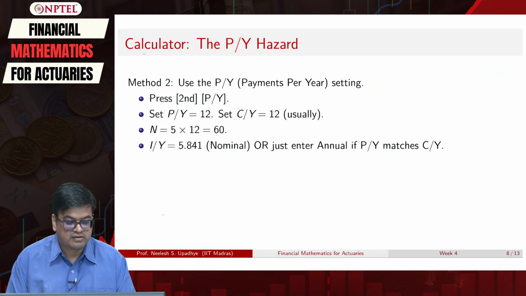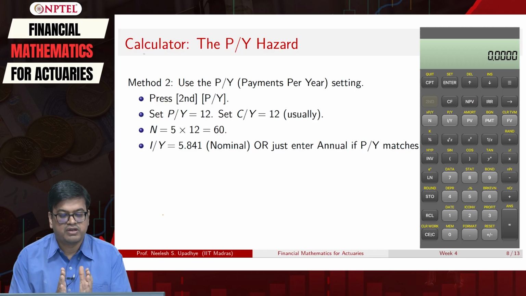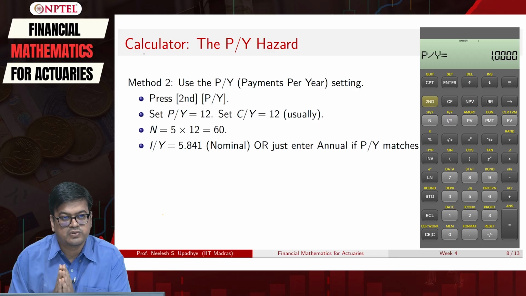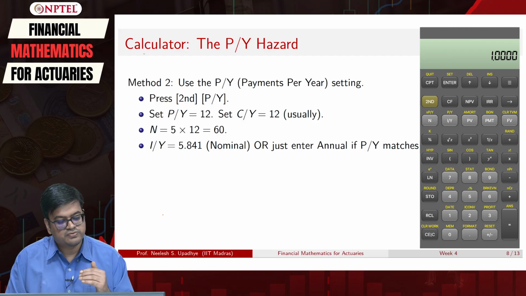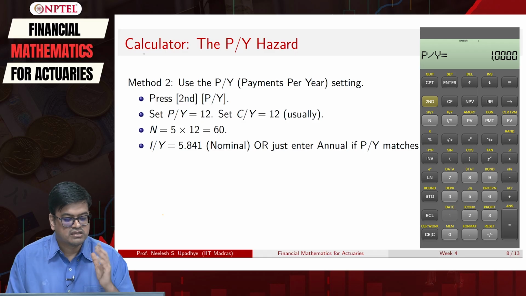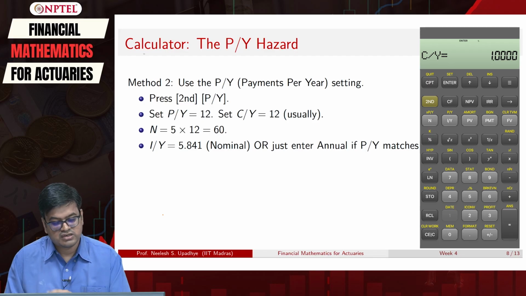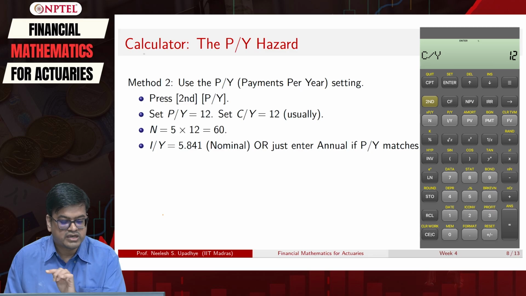So let us look at the calculator steps. I first warn you about this payments per year hazard. Typically when you are using the BA II Plus calculator, this is set to 1. So what you need to do is go into the calculator, go to second, press I by Y, and then see that P by Y equal to will be written. If it is 1, now set it to 12. Similarly, you go to second, then you go to icon V, then press the down arrow twice, you will see the screen of C by Y. Check what it is. If it is not a number, then you put it as 12.